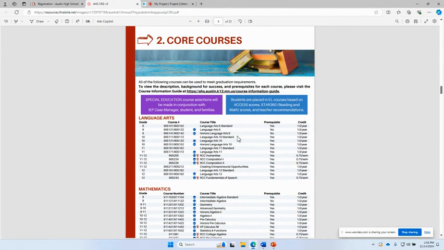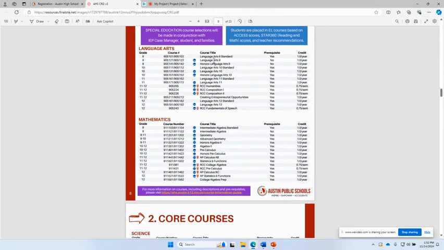Now I'm looking at 10th grade. So I have 3 options. Then in 11th grade, I have Language Arts Standard, Language Arts 11, and then some RCC courses. Also CEO is part of our Language Arts credits. Then 12th grade. So I would encourage you to be talking with your language arts teachers to see what they